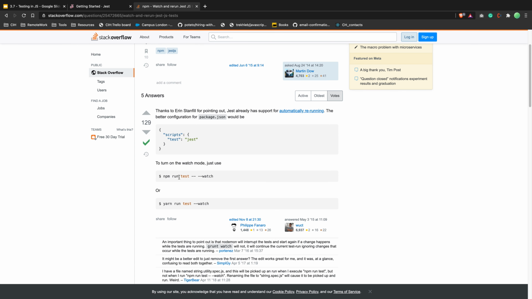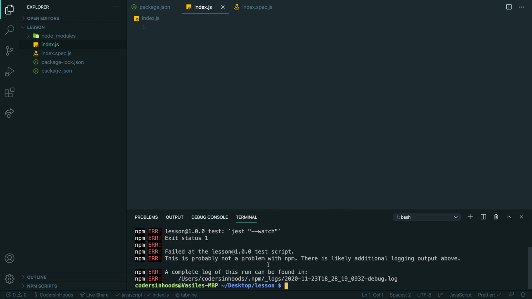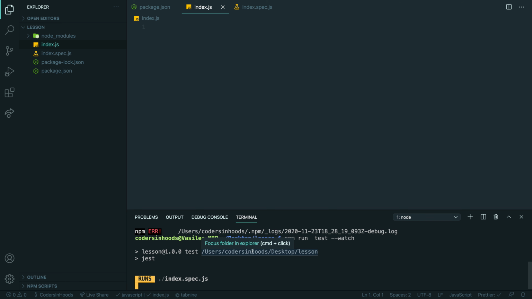Oh, one more dash dash. Right, this is from yarn. Okay. Ooh, what's going on? npm run test. What's going on? Not supported. Let's test another thing.